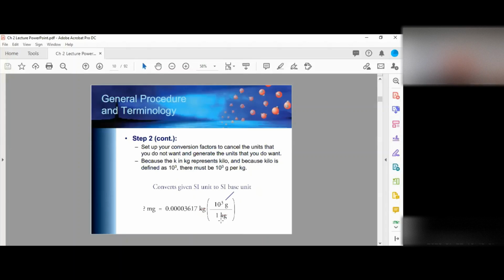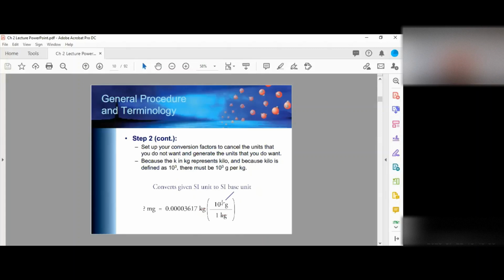Like going from inch to feet, feet to centimeter, meter to mile, kilometer to feet, all that will be given to you. But when I'm talking about metric prefixes, deci, centi, milli, kilo, giga, mega, micro, these have to be